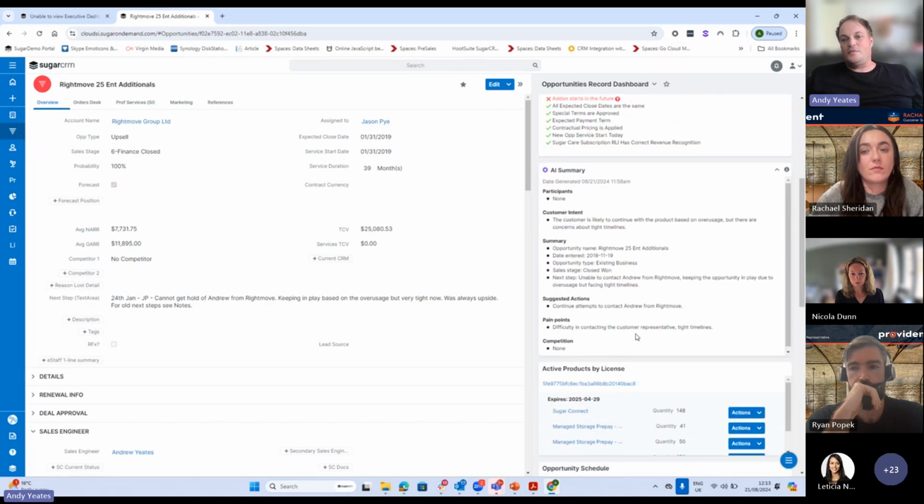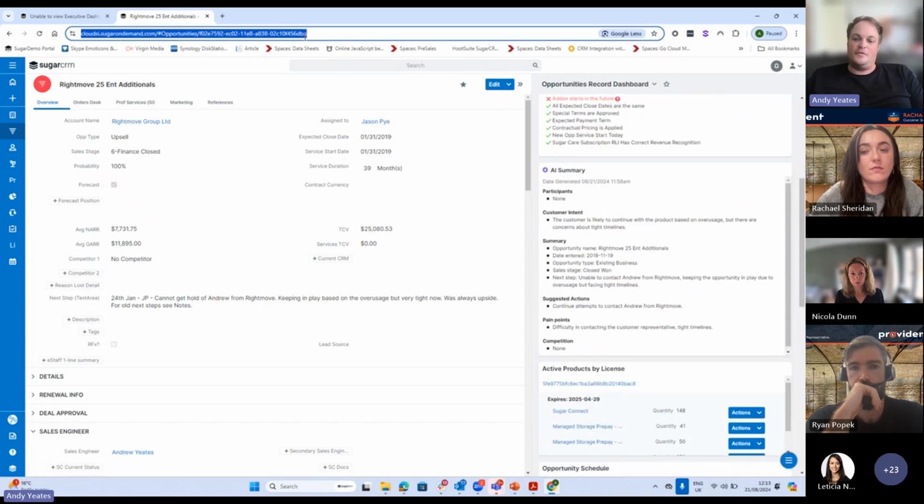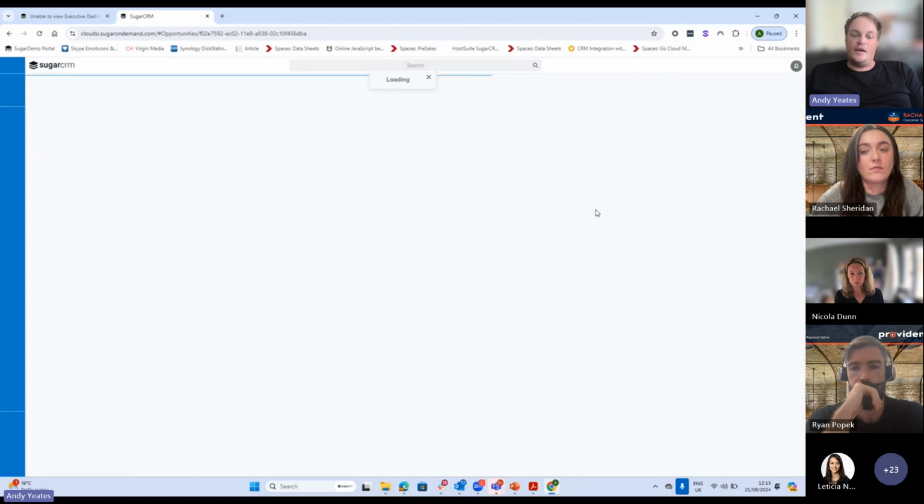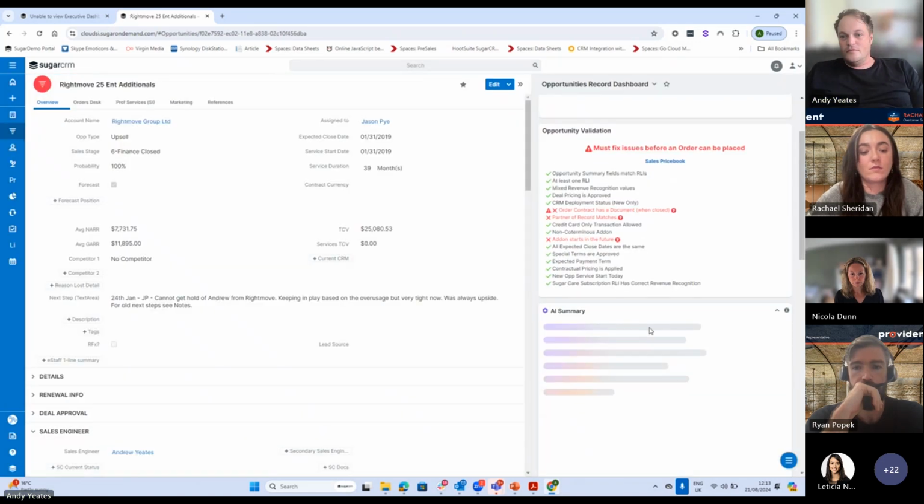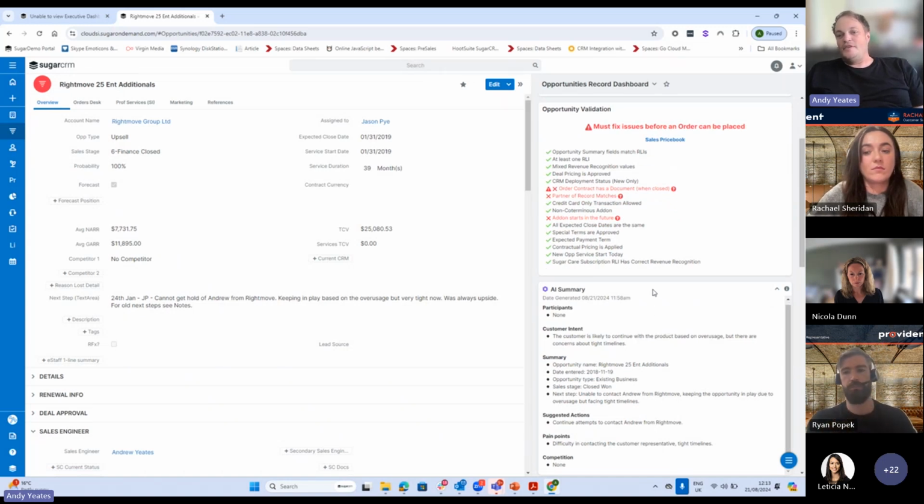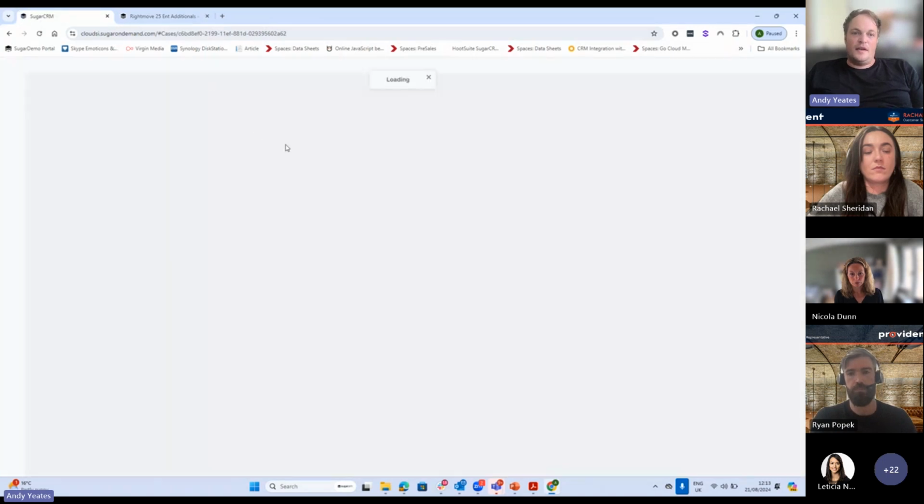And you can see this. If I just refresh this page, for example, you'll see it generates this on the fly, based on the information that is available in the system. You see it's beavering away there, and it generates the AI summary. So this is for the opportunity side. If I then go into a case record,